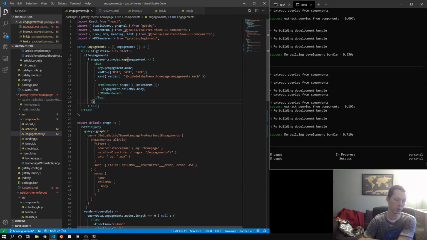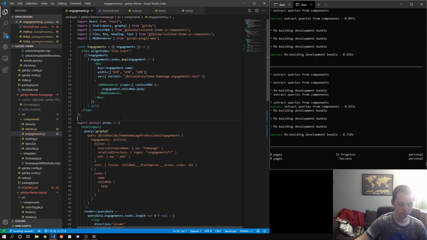So see here, the MDX renderer expects a scope prop and a component prop, and the component prop will allow you to pass in components that it will use instead of just using the plain HTML tags, which technically I think they are React components that MDX brings in, but